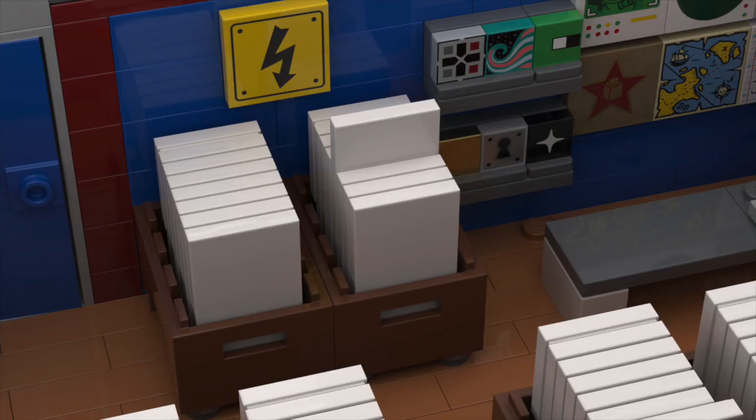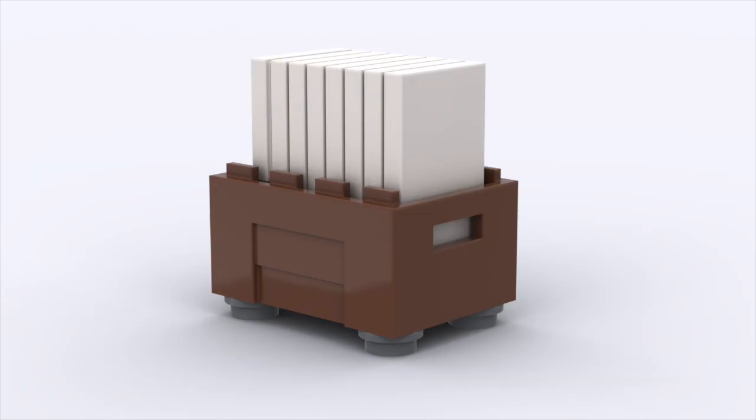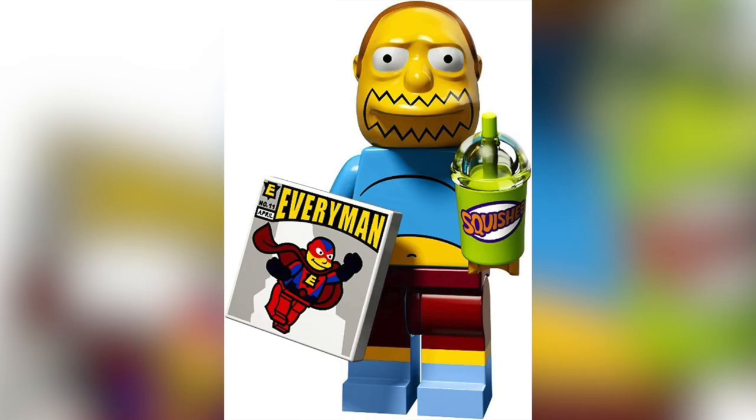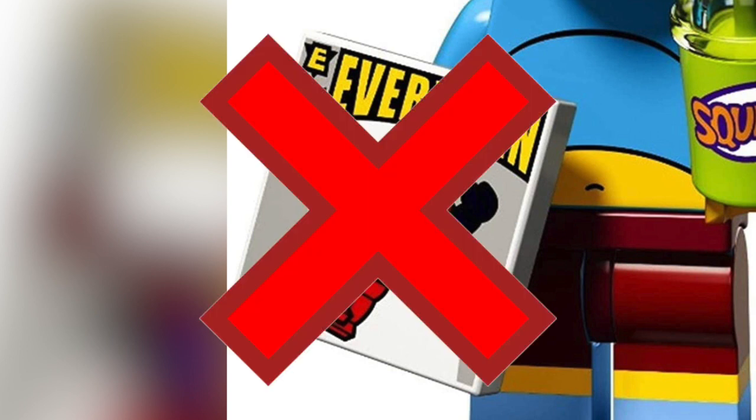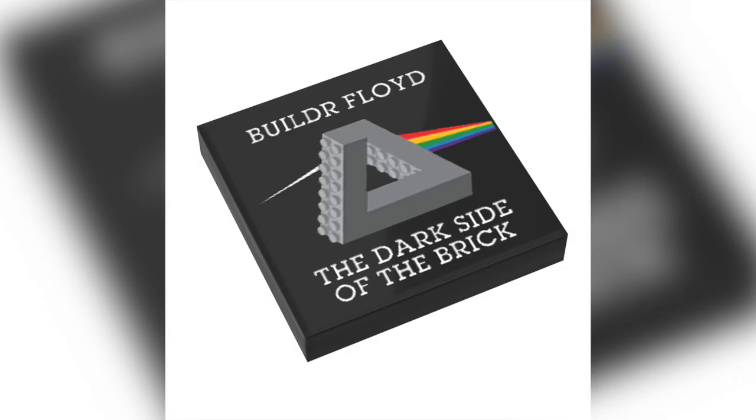Continuing to move left on the wall, I'll go ahead and show you our first display of comics. This crate of comics is made by placing 2x3 tiles into a Lego crate. Now, before we go any further, I want to admit I understand the Lego Simpsons comic book guy comes with a comic book and it's a 2x2 tile. I personally do not like this. I believe a 2x2 tile should be an